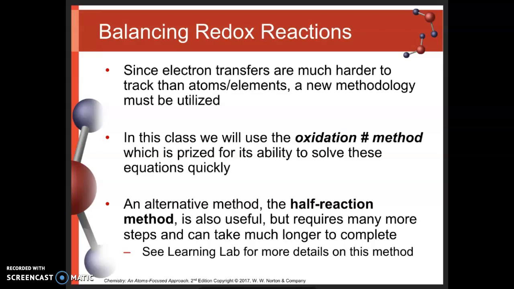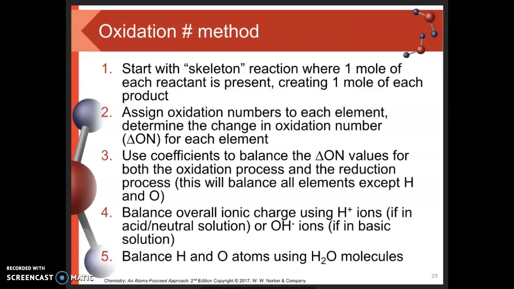In this video, we will be discussing the oxidation number method for balancing redox reactions. This method is really incumbent on you knowing how to assign oxidation numbers to things. If you can't assign oxidation numbers to elements in a compound, it's going to be really hard to do this method. And if that's something you struggle with, I really encourage you to check out the alternative method, the half reaction method,